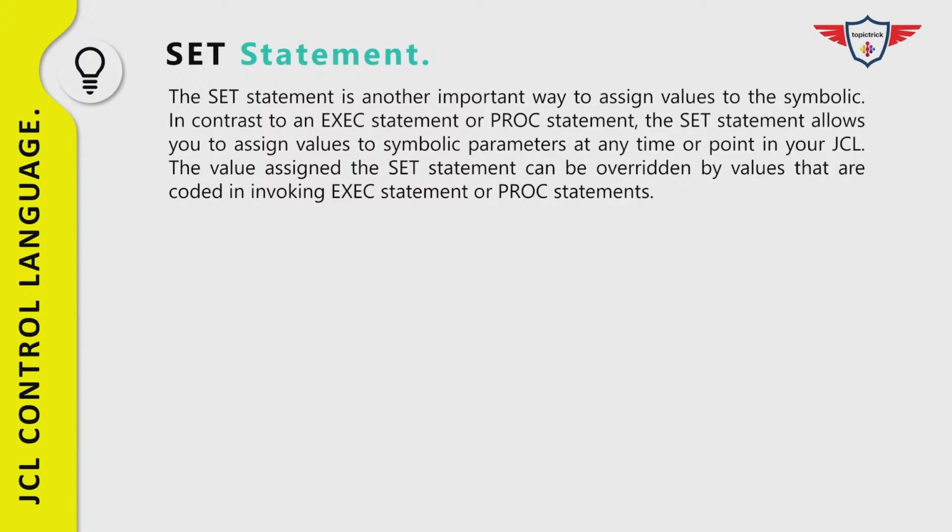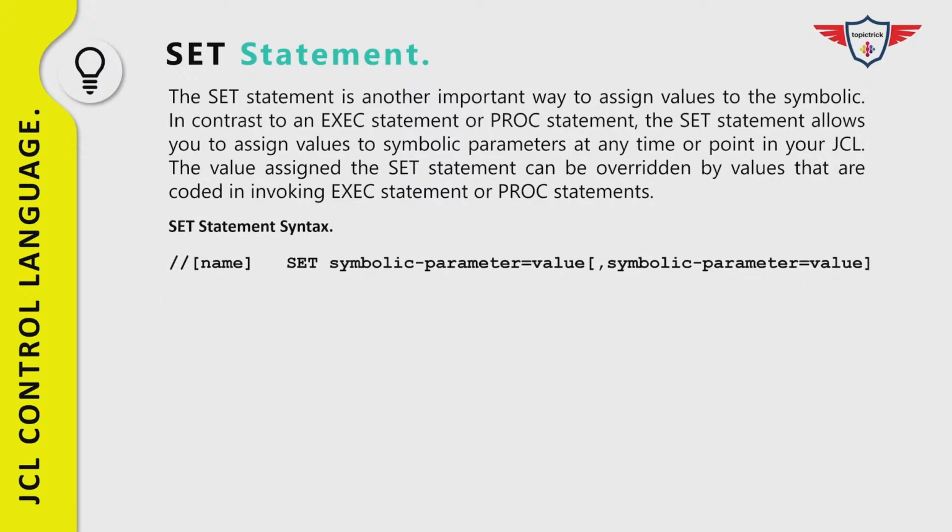Now let's talk about the syntax of the set statement. The syntax is pretty simple and straightforward. You have the DD name, after that you have the set keyword followed by the symbolic parameter. After that you specify the value that you want to assign to that particular symbolic parameter. Similarly, if you have multiple symbolic parameters, then you can use a comma to provide the other symbolic parameter values. So if you look at the example,